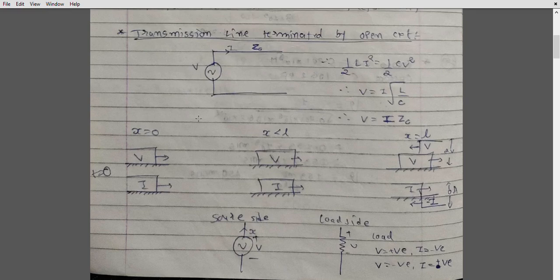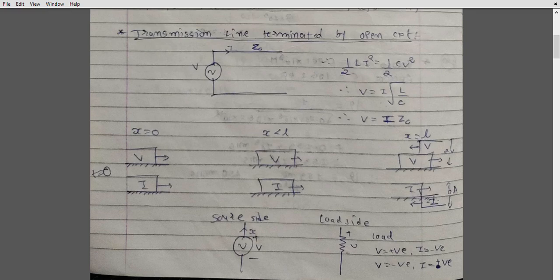Okay, now let us try to understand what this is. So now at t equal to 0, we are switching on this circuit. The voltage and current are assumed to travel in a forward direction from source to the end. So at the open end there is no current. Okay, this is open circuited, so there is no current, and therefore whatever the current rate is at that point, it will reflect back to the source as current minus I. The minus sign suggests it is the backward traveling wave of a current.